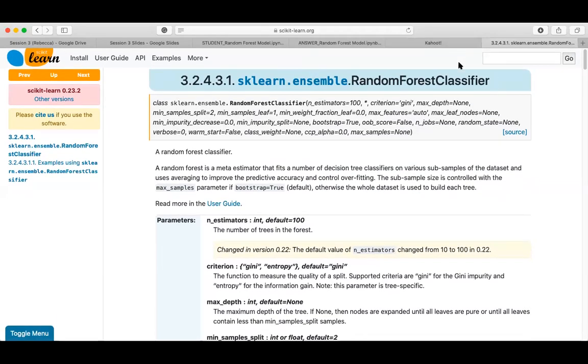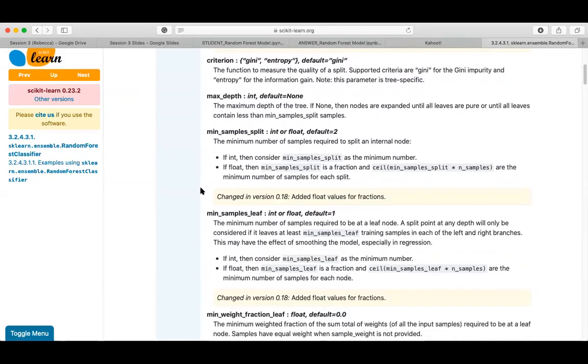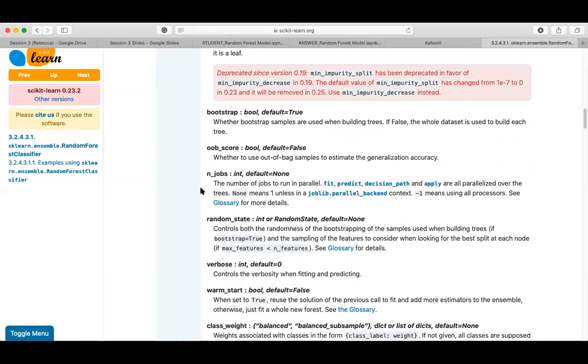The scikit-learn library is what we're using for the machine learning models. What's great about this library is that it provides really thorough documentation. If we look at our random forest classifier, which is what we're using, we can just search for sklearn random forest classifier, and it'll come up with all the hyperparameters we were talking about. And if we scroll down to random state,